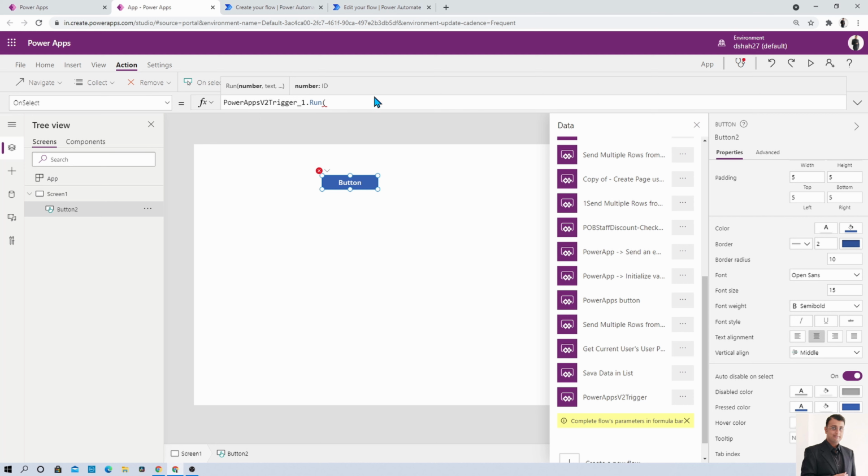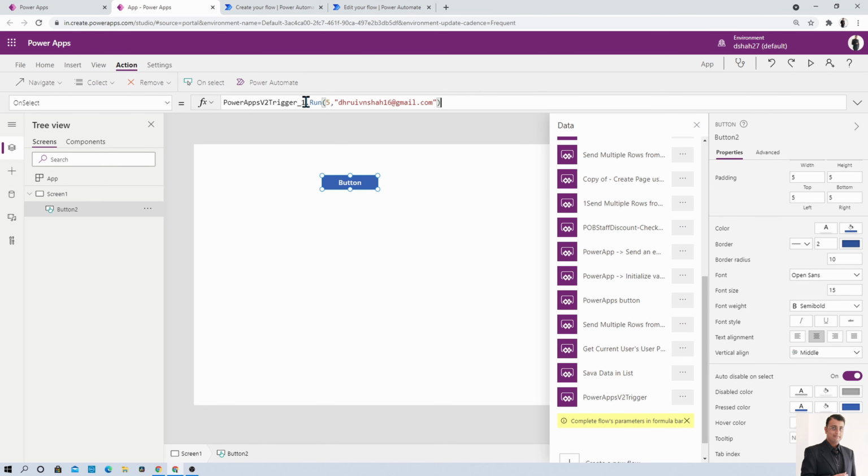Now you can see that we need to provide the parameters. So I am providing ID as 5. Now I will provide email as, so I provided my email address, and now you do not need to pass your optional parameter. You simply need to close the bracket and we are good to go.